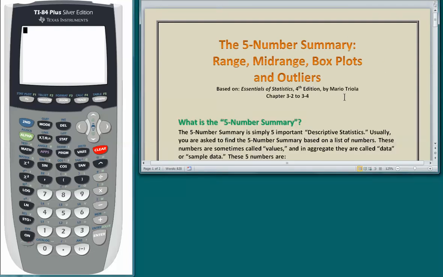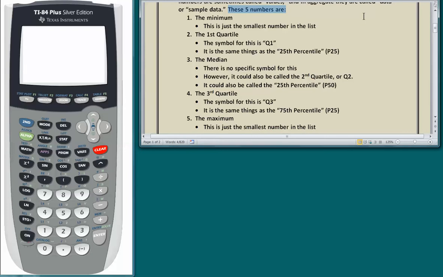First of all, we want to understand what the 5-number summary is. As you can see here, I will highlight this. The 5-number summary is simply 5 important descriptive statistics. Usually, you are asked to find the 5-number summary based on a list of numbers. These numbers are sometimes called values. In an aggregate, they are called data or sample data. These 5 numbers are the minimum, which is just the smallest number in the list,